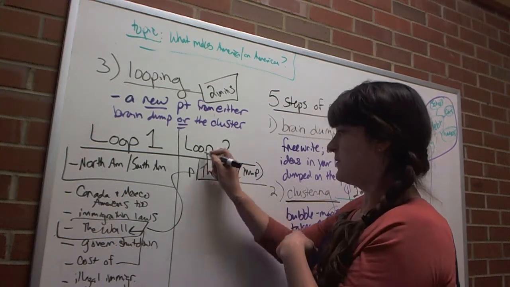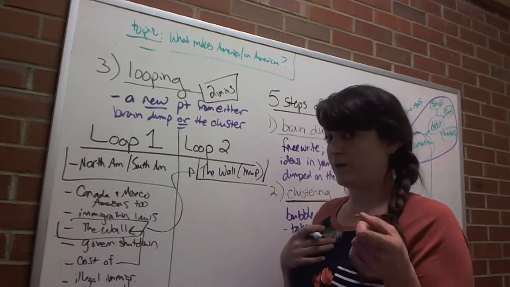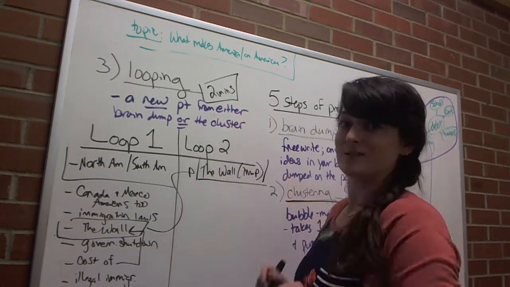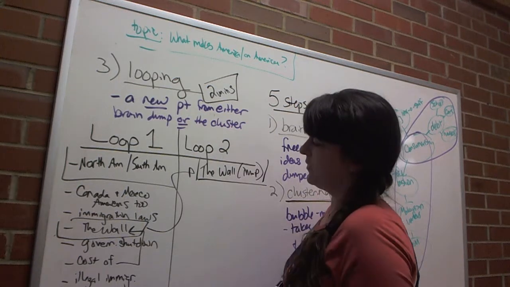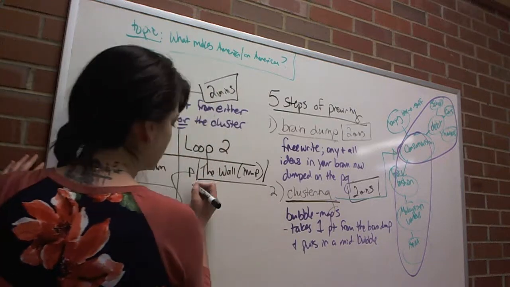I set it up for the top of loop 2. I set my timer again. I'm going to do it for 1 minute. You're going to do it for 2 minutes, right? So just to show you, I'm going to do it for 1 minute. Okay, so 1 minute on the clock. It's 11:16 and go. So the wall,